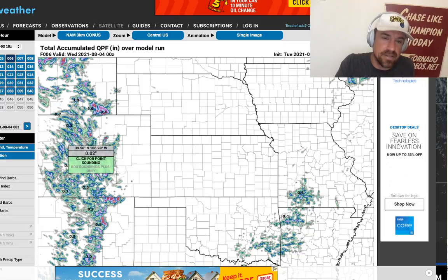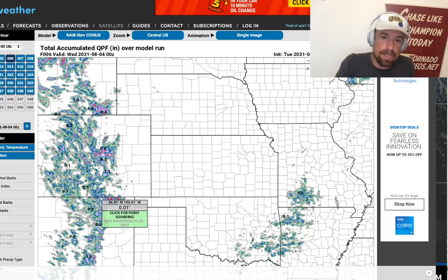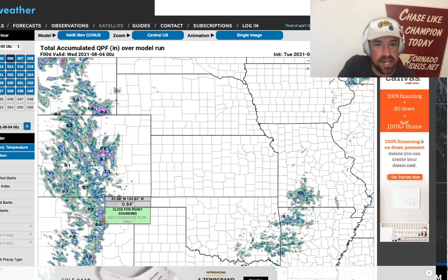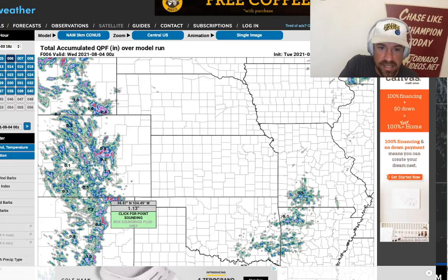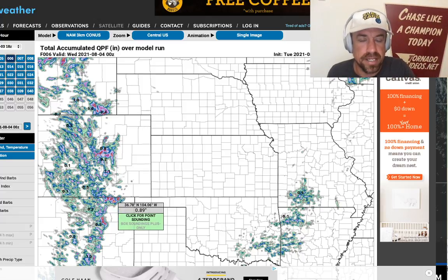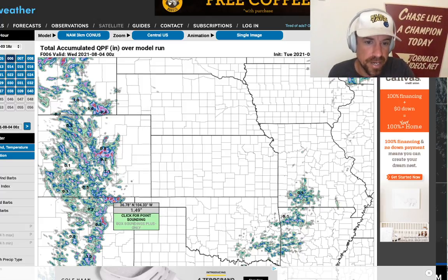We'll keep an eye on that as well. The 3 kilometer NAM is pumping out in excess of 1 inch with those storms. And down here near Raton Pass, you've also got an invigoration of that convection. That seems to be spot on, predicting those storms consolidating around Raton Pass, the Raton Mesa down there as well,